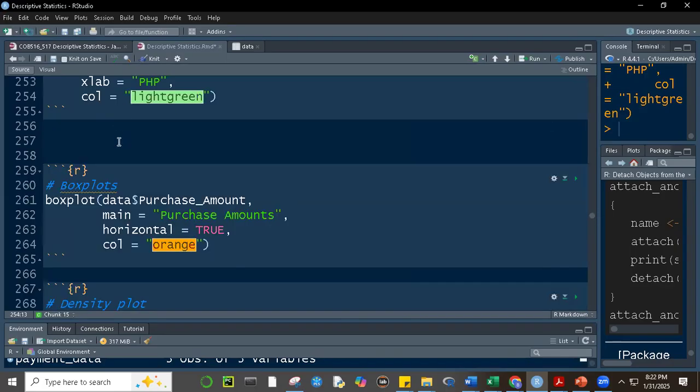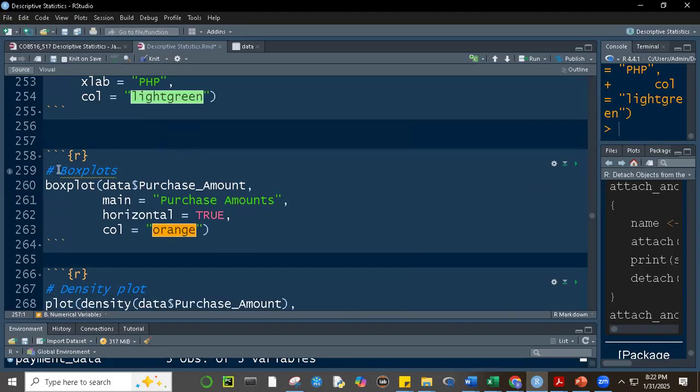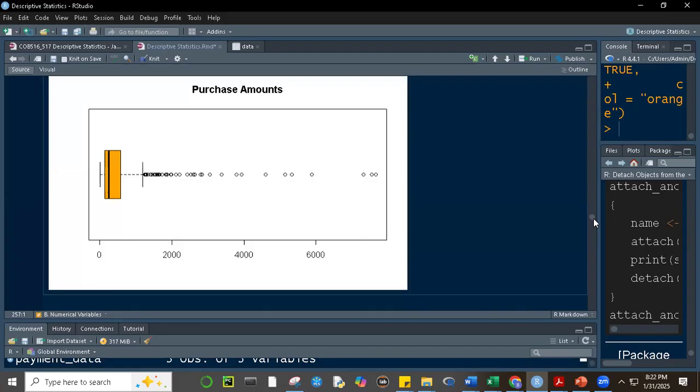So we can also create a box plot. Let's create a box plot for purchase amount. Let's run this. And this is your box plot. If you recall from your stat class,